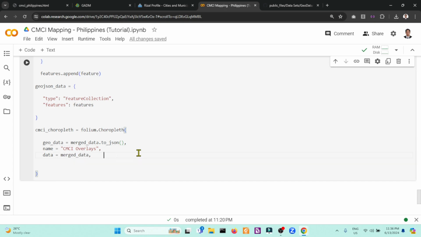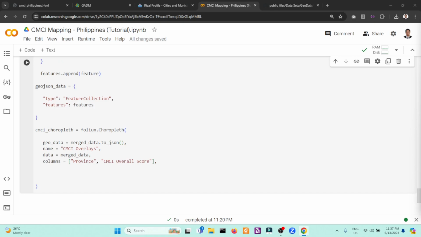Then next, we will select the specific columns that we want to project. In this case, we have the columns of province, and for each province we have the CMCI overall score.